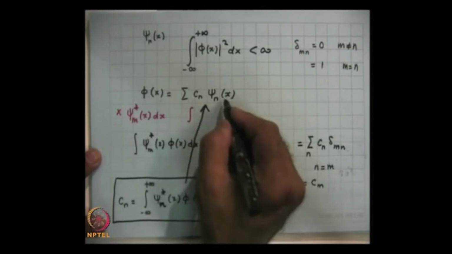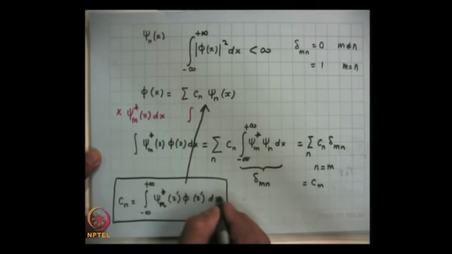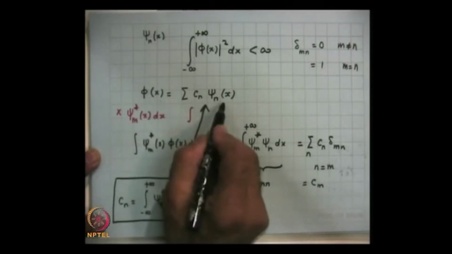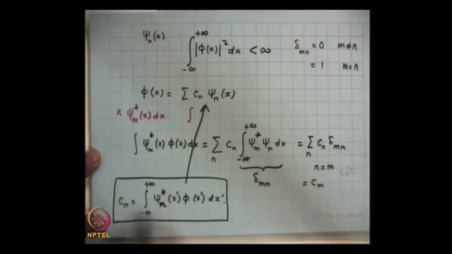This x should not get confused with this x, but since this is a definite integral, I can quietly put a prime here, and then this x and this x can be differentiated. I hope it is clear, because this is a function of x and C n is a constant, and C n is a definite integral,